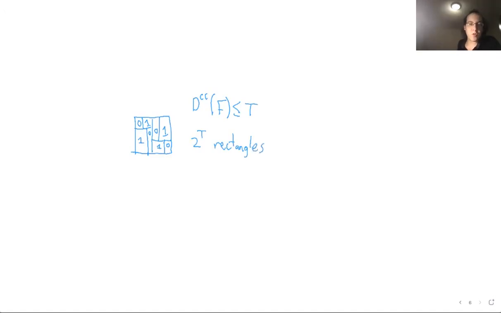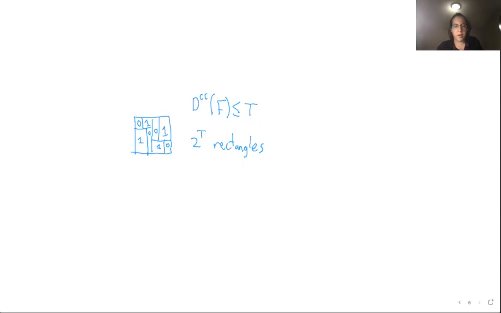We would have at most 2 to the t rectangles, because every split splits each rectangle into 2. So each time we split, we multiply the number of rectangles by 2. So t splits means 2 to the t rectangles. Okay, so we have at most 2 to the t rectangles, and because they're all 0 or all 1 within